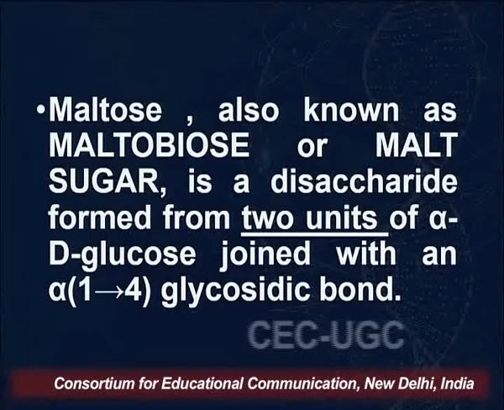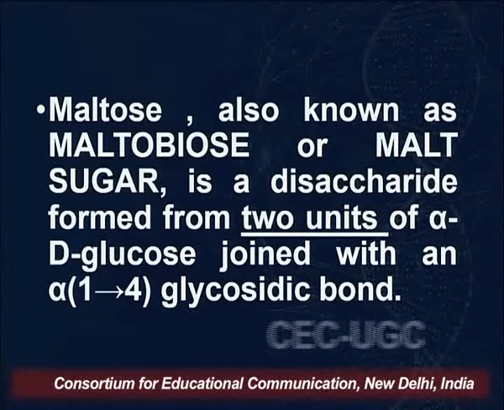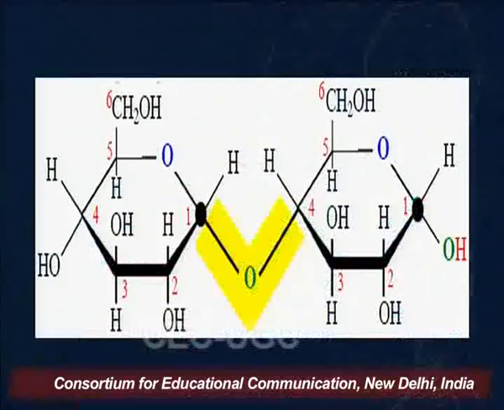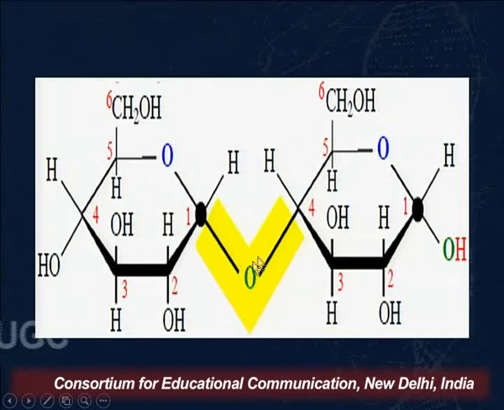So maltose, also known as maltobiose or malt sugar, is a disaccharide formed from 2 units of alpha D glucose joined with an alpha 1,4 glycosidic linkage. As on your screens you can see now that we have 2 molecules of glucopyranose, and what we find is that there is the anomeric carbon of the first residue reacts with the OH on the 4th carbon of the